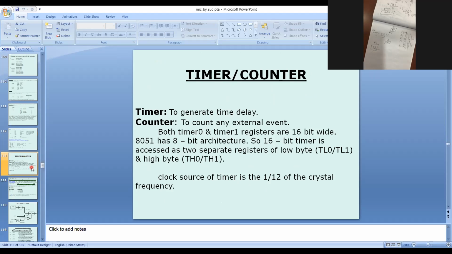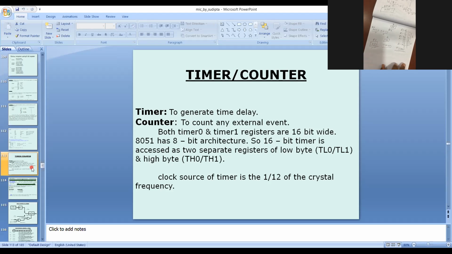So in the PSW register, we already explained. Next are TMOD and TCON.